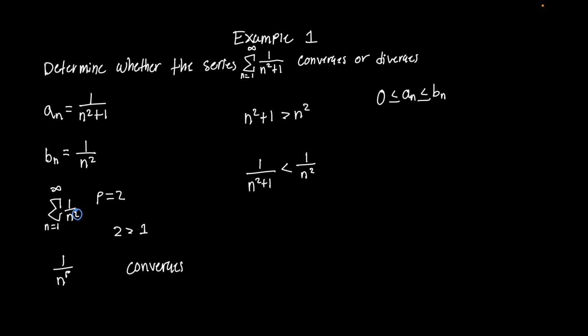So now all we gotta do is just apply the test. We already know from the example we did, the bottom right here, that the series of b sub n, which is just 1 over n squared, converges. So we can just say that